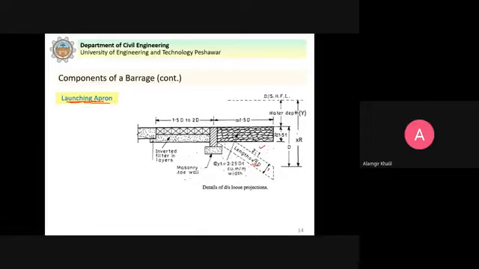Because when the slope is 2 to 1, you can see here we have this dimension, that is d, and 2 to 1 means 2 horizontal to 1 vertical. So by the Pythagoras theorem, this side here will be square root of 5 times d.